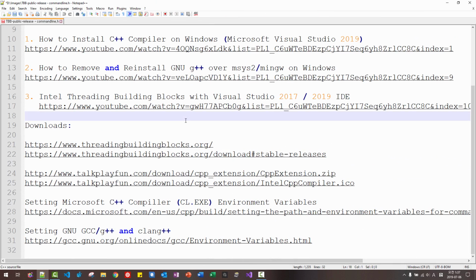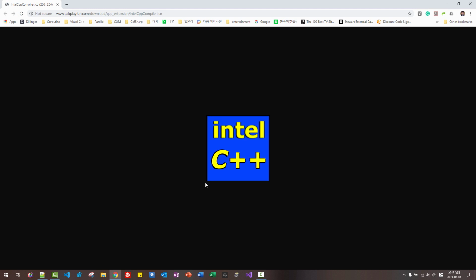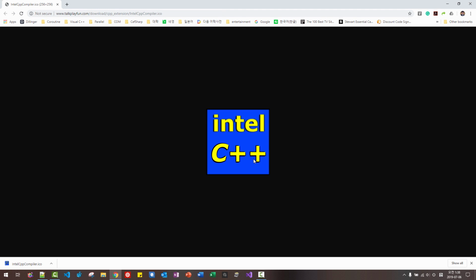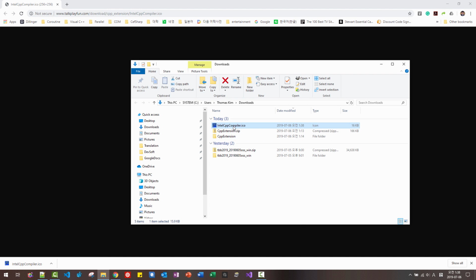Now I rebooted my machine. You can find this link in the description section below this video. Double click this link. Then an icon file will be open in your web browser. Right click, save image as, then click save. I created this icon file by myself. Show in folder, copy this icon, copy,